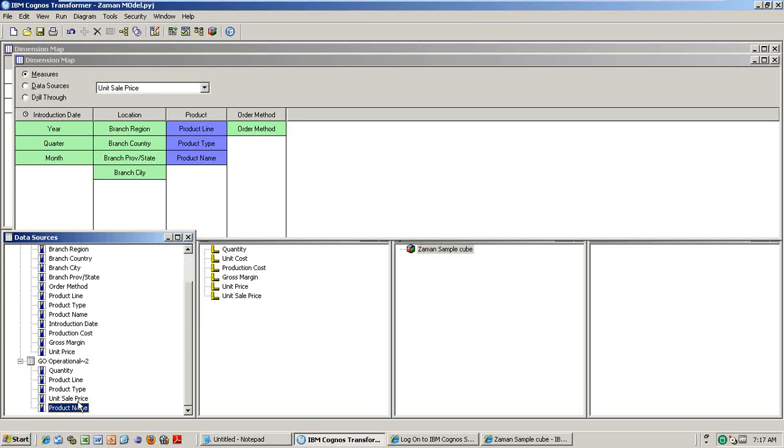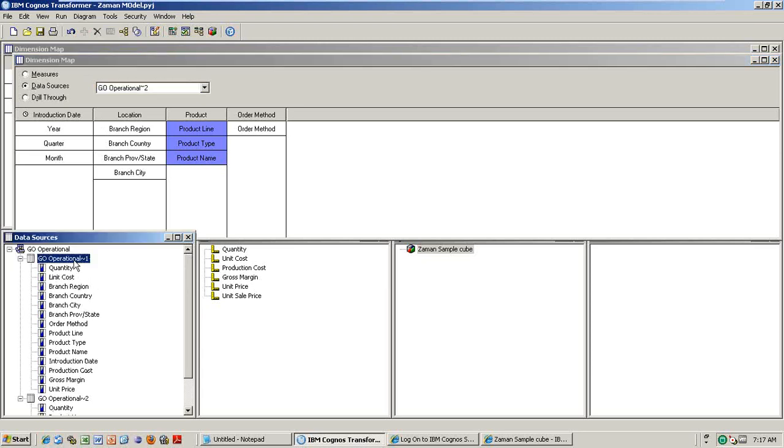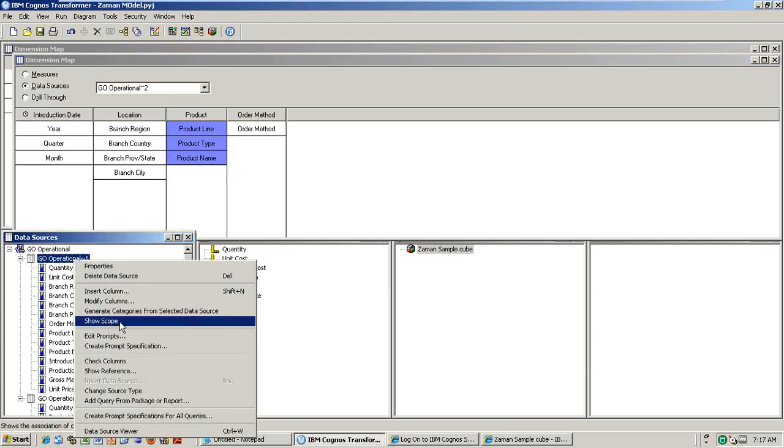Any questions here? So data source means, say for example, in the Go operational 1, what are the things belonging? Go operational 2, that means this second query, what are the things belonging to it? Whichever is belonged, it will show in full colors and not a white color or light green color, which is indirectly associated. So that is the thing. Right click on show scope. Show scope means which database, which categories it is associated with. These things you will understand by the columns. If you want to see which category it is coming from, you will get it. And this is what I am saving.